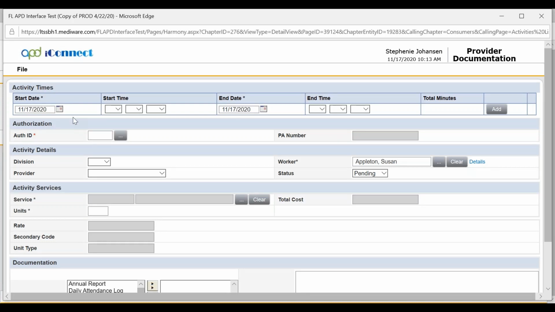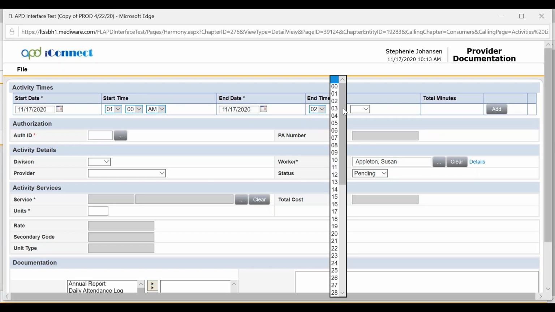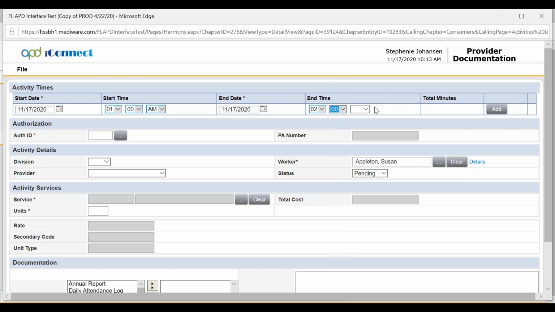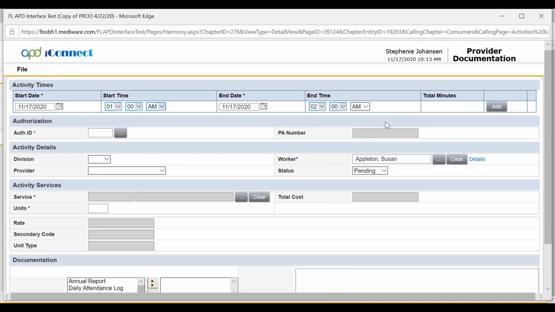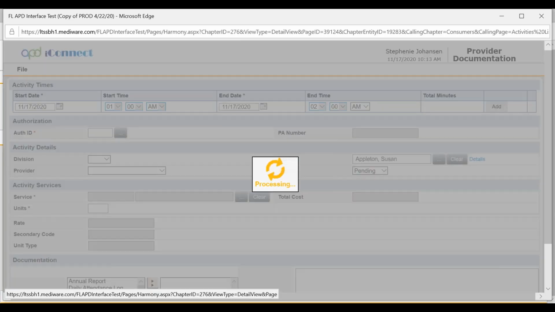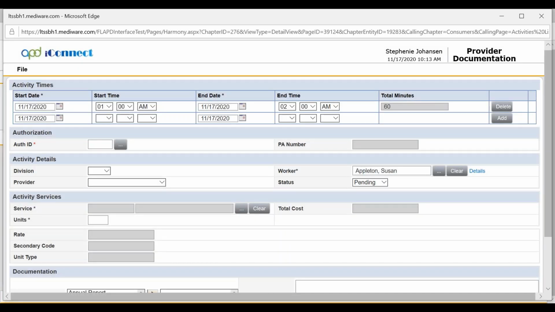After entering the service, start time and end time, and also verifying the start date, remember, if you change your date, make sure that you change the start date and the end date. Now that we've entered the start and end time, we click Add. And the next step is to pull in the auth ID for the service that we are documenting. You click on the ellipsis,